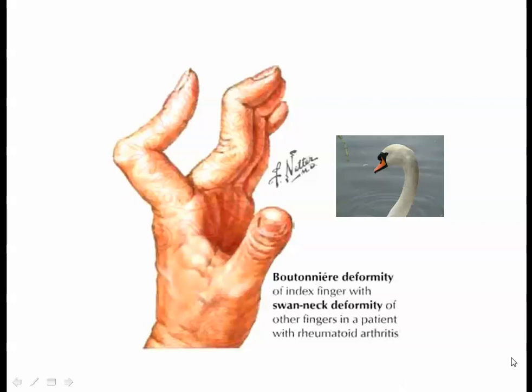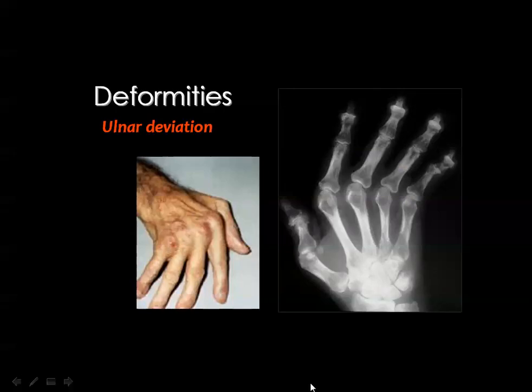These are the two deformities, the boutonniere deformity with extension of the distal interphalangeal and the flexion of the proximal interphalangeal, and this is the swan neck deformity, which is the opposite of boutonniere. Ulnar deviation is one of the well-known manifestations of deformities secondary to rheumatoid arthritis, and this is a case of rheumatoid arthritis, and you can see the subluxation of the